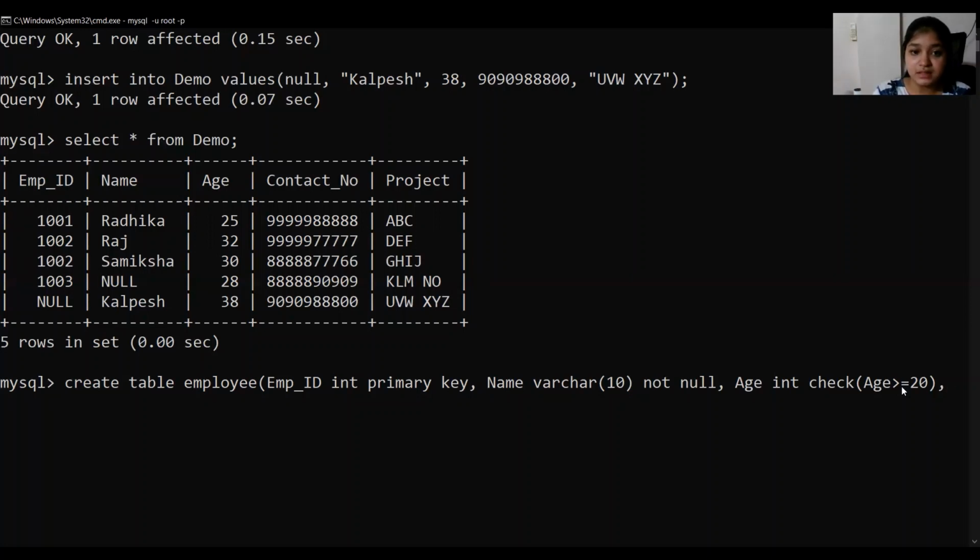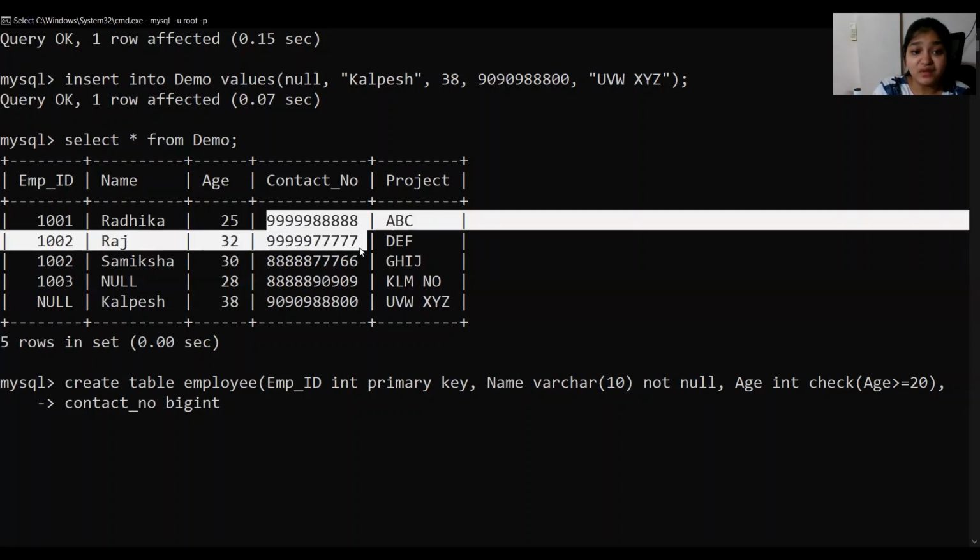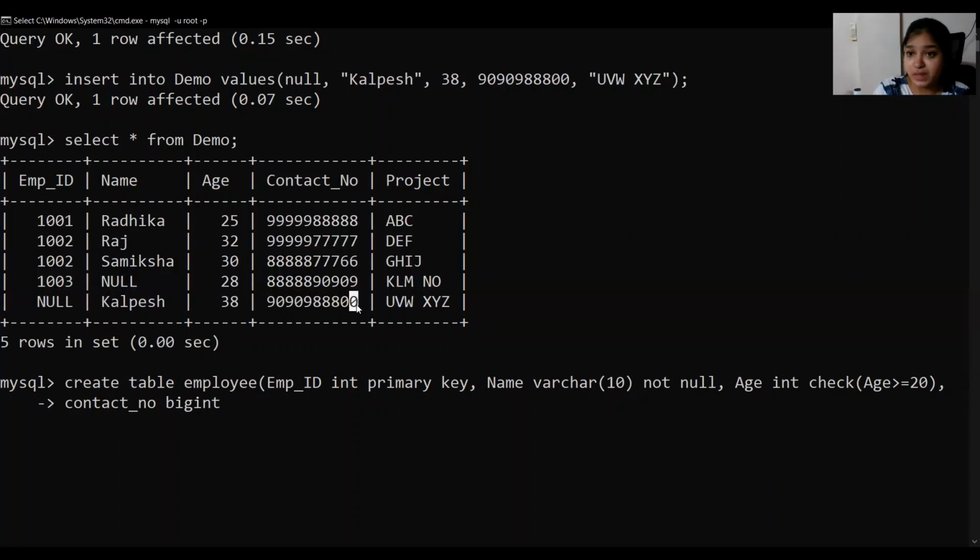Now next, we have contact number. Contact number is supposed to be bigint. And now everybody will have unique contact numbers as well. No two people in an organization can have the same contact number.